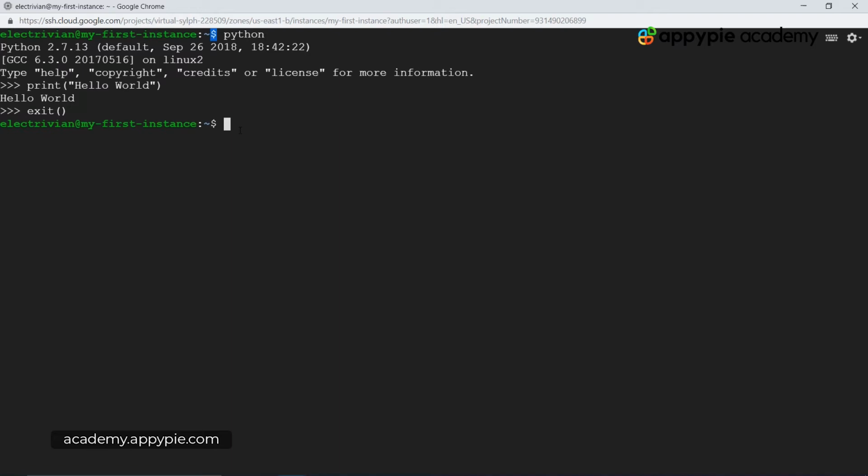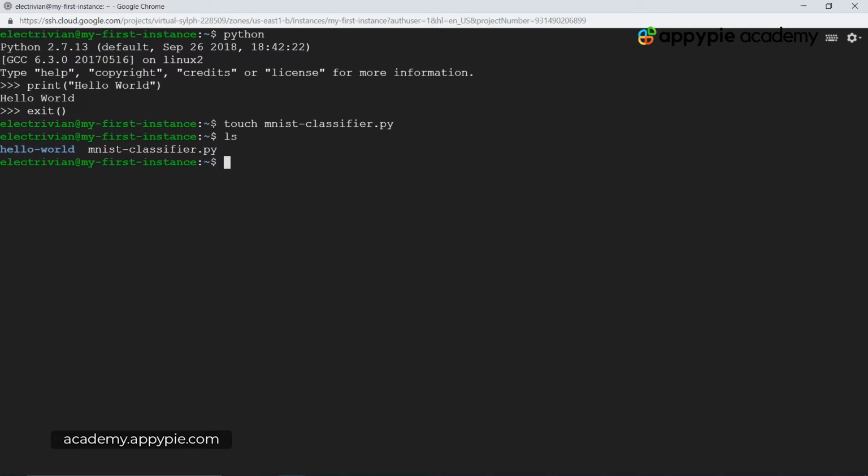Okay, so over here, first of all, we are going to create a file. The command to create an empty file is touch. After touch, we want to give the name of the file. So over here we have mnist-classifier.py, which is the Python extension. Okay, so now if you do ls over here, then we have the mnist-classifier.py. So with this, we have first of all created the MNIST classifier file.